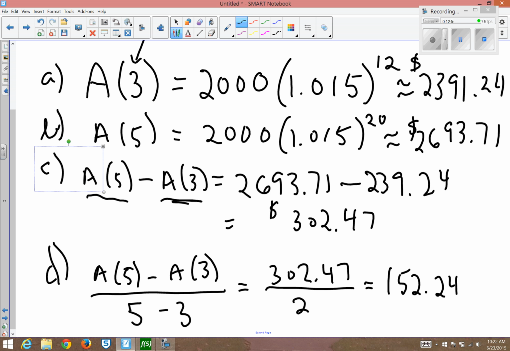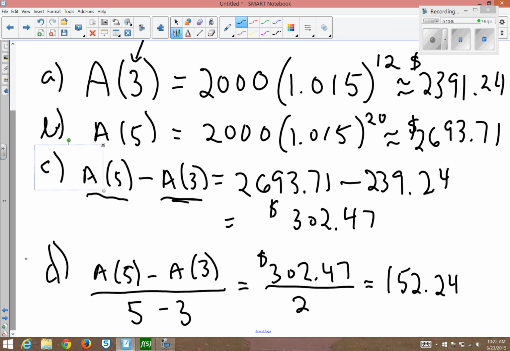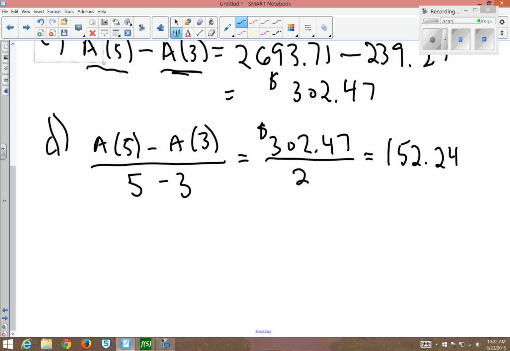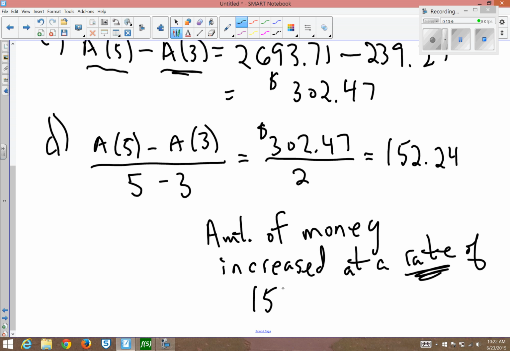And since the A is an amount of money, and the numbers in the parentheses are t, t is time measured in years, that means this number means that the amount of money, this is in a savings account, increased at a rate, this is the important word, of $152.24,